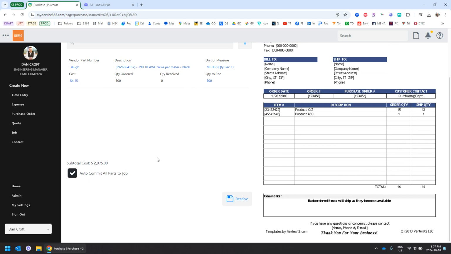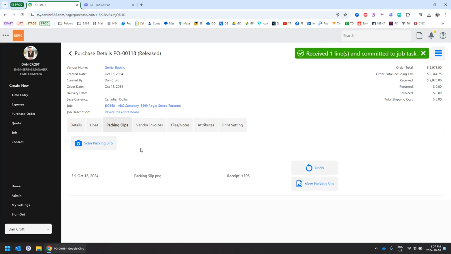So when I'm doing POs linked to jobs and I receive the goods, I can commit them in the same transaction. So if, again, technician is going to the supplier, picking up the stuff, then going straight to the job site and using it, he doesn't need to go back into the job and then commit that material later. You can do it at the same time as receiving. So I'm going to auto commit the parts, and I'm going to say receive. Okay, fantastic. I've received one line and committed it to the job. So the next stage would be